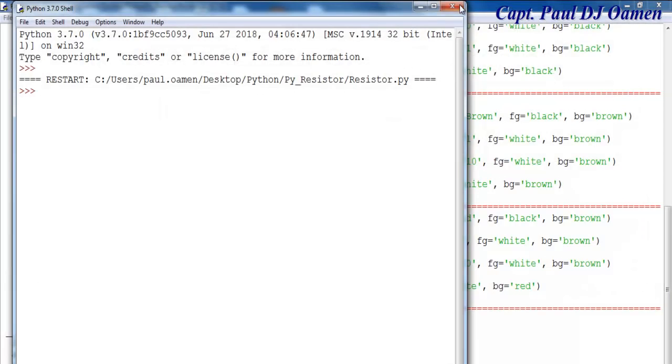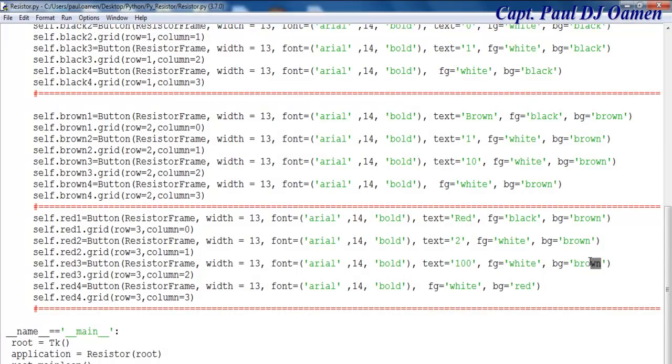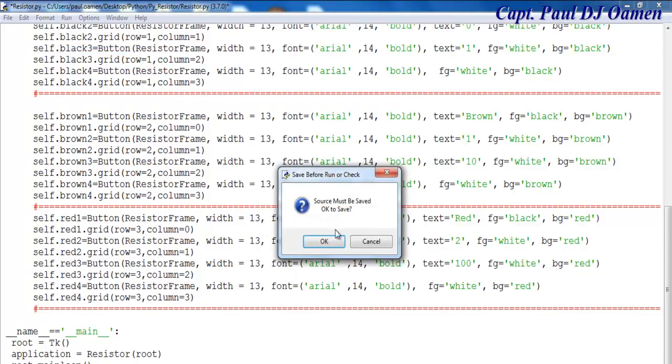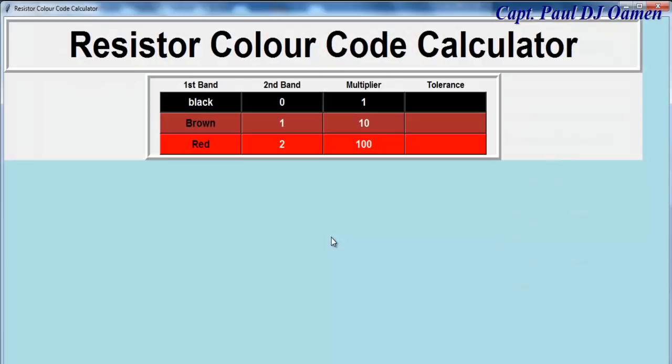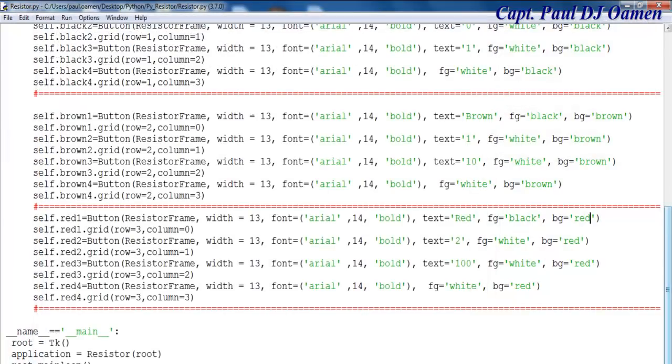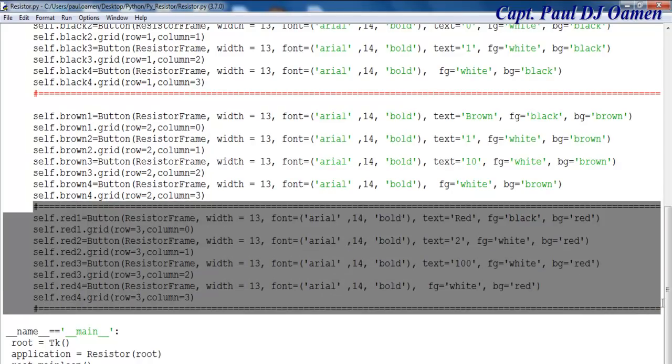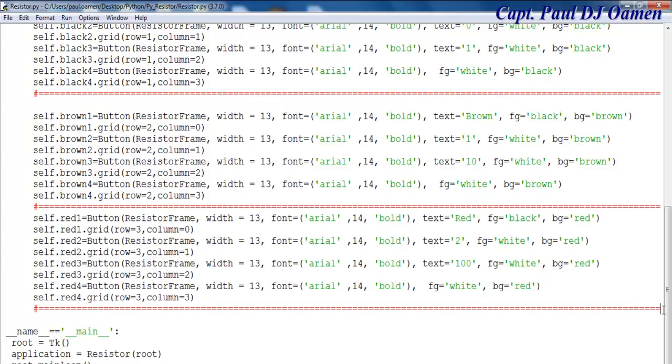Oh, just one I changed. Let's change the rest as well. This is red. Red. Red. Okay, now run it. There. Okay, let's do one more, then I'll speed it up. Copy all of this and paste it right down